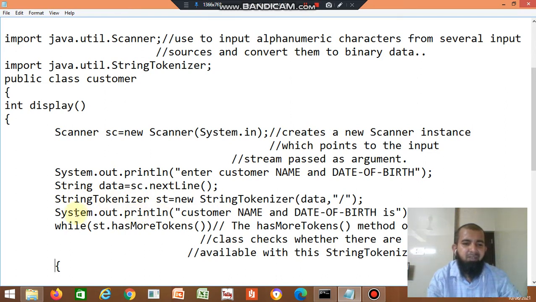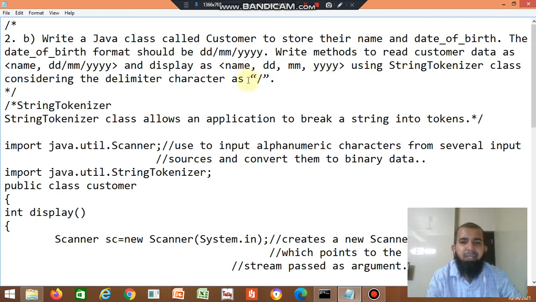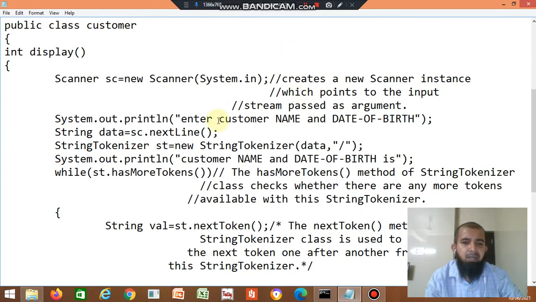Now you have to display. In which format? You have to display by comma. Actually you have to input in this method; this is the input statement. In this, any name you have to enter, any date you have to enter, and you have to display in this format. After name, comma. After dd, instead of slash in output, comma. In input slash is there, you have to mention the slash, but in output it should display comma. Comma is a separator here. Delimiter is comma in the output statement.